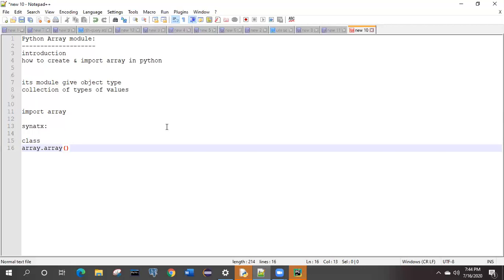So how can you provide it? Here you need to mention the initialization. I'm not writing the full thing, let me write it. Here we need to write the initializer, meaning what value it should be initialized with and what could be the difference in type for the initialization. But actually this is the syntax: array.array, and in that we need to pass the initialization values.